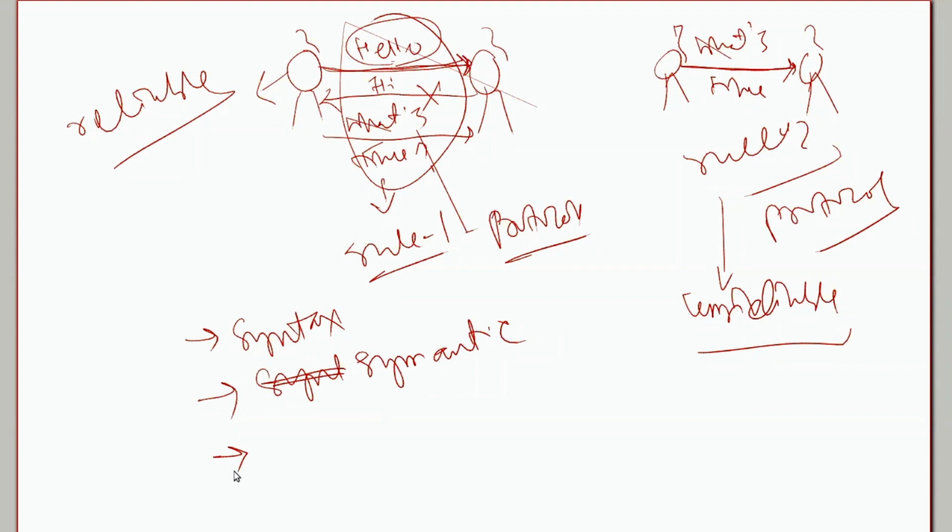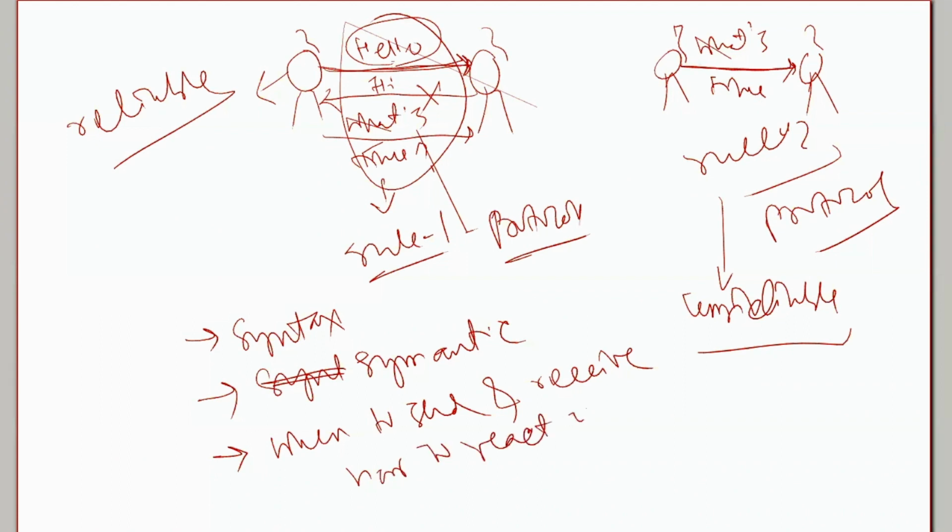Then another thing: when to send the message. Let's say the message what is the time, at what point of time should I send it? Only when I receive the hi. That is the rule. So when to send, and when I am receiving something, let's say I receive a hi message, how to react upon it. So this is nothing but a set of rules, and that is called a protocol. So in the next